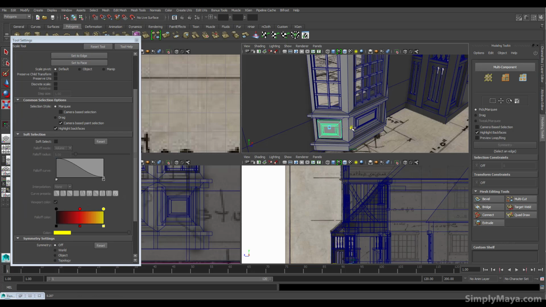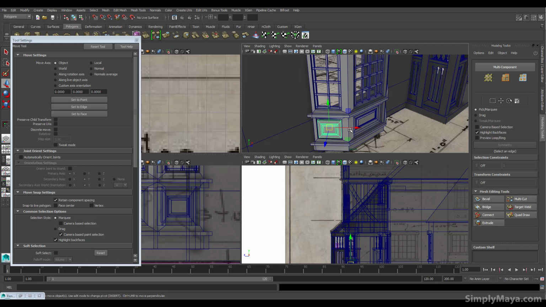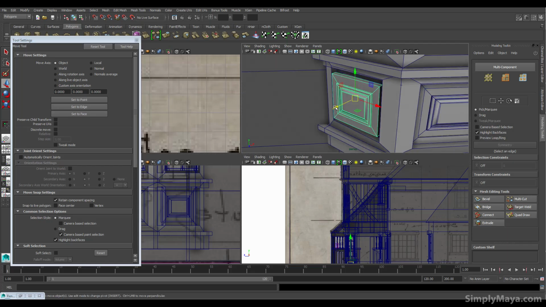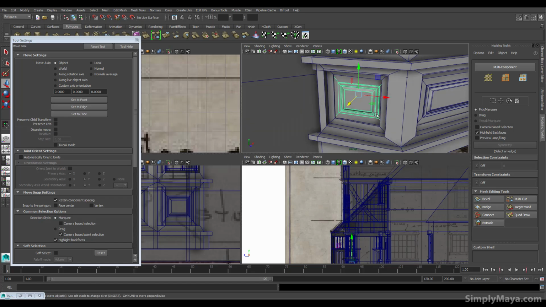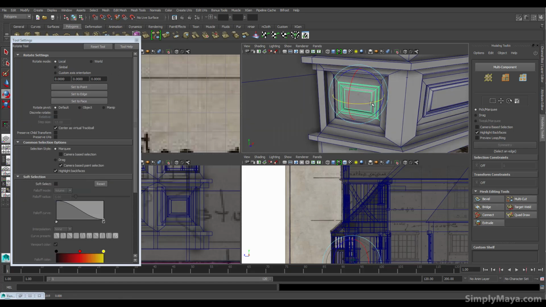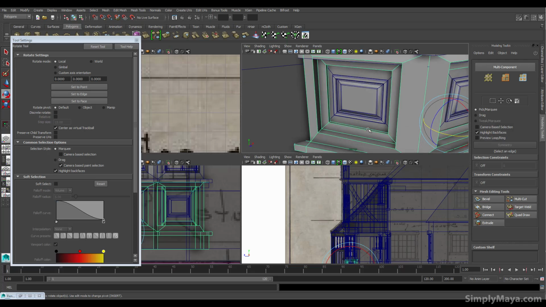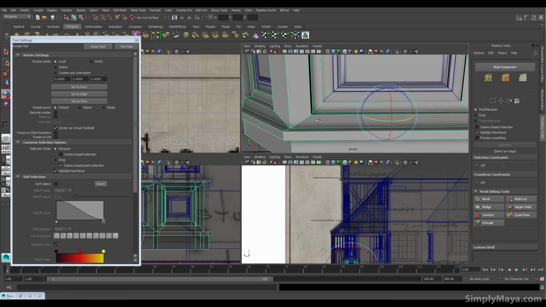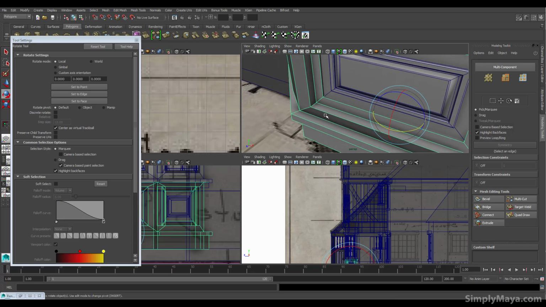I might need to scale it a bit for this one. There we go. And the rotation's a bit off. And there we go. Now I've still got some beveling to do around these edges here and these edges here,